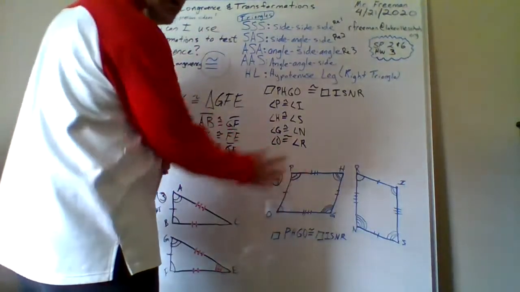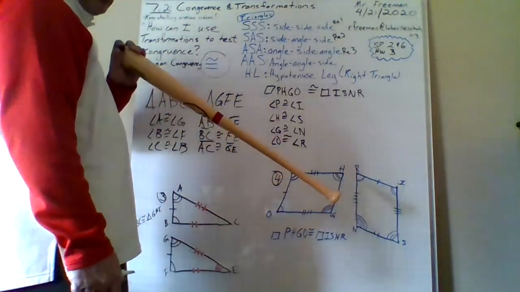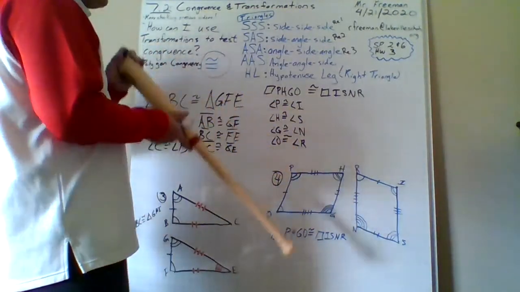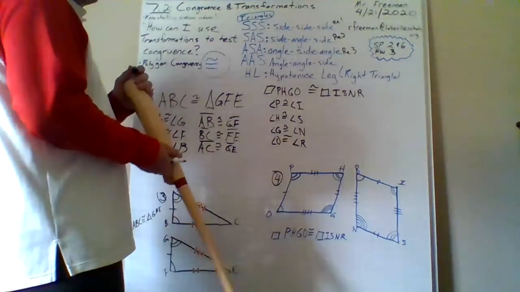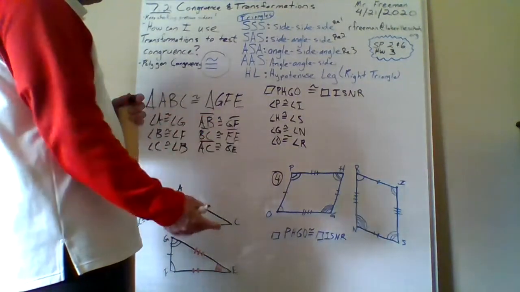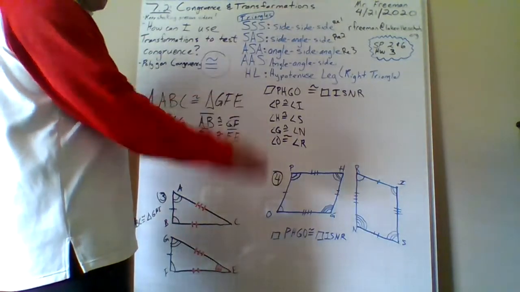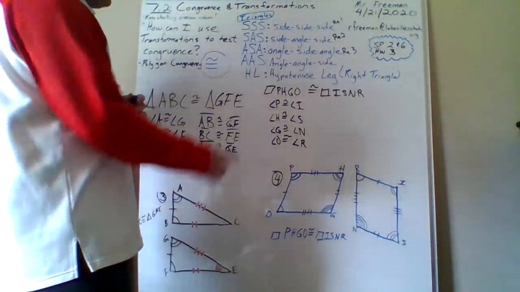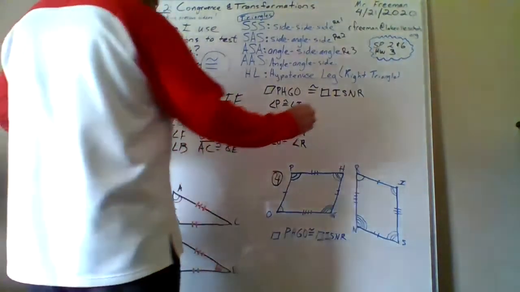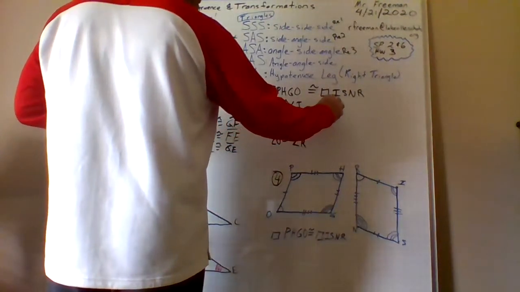Okay, even if I didn't have those pictures drawn down here, I could still say all of this, based on the fact that in geometry you should be used to writing them in the right order at the right corresponding parts. So you wouldn't even necessarily have to look at the drawing, you would know those corresponding parts. So if I go into segments now and I say segment PH